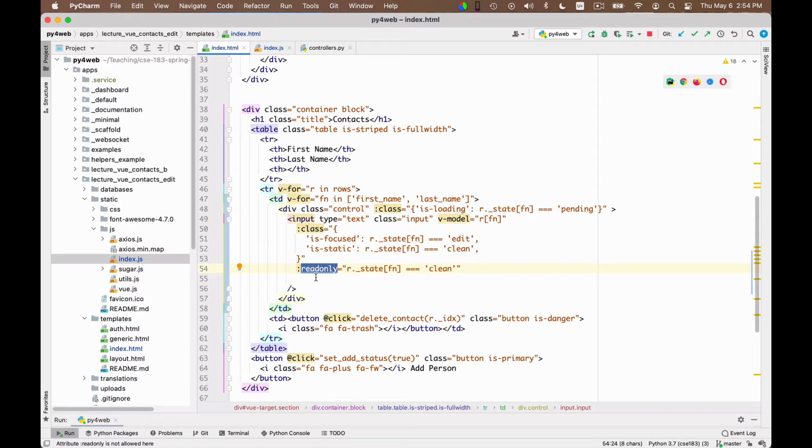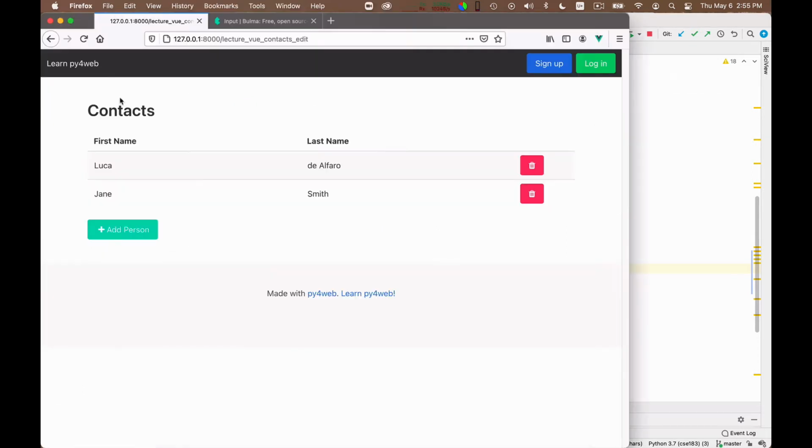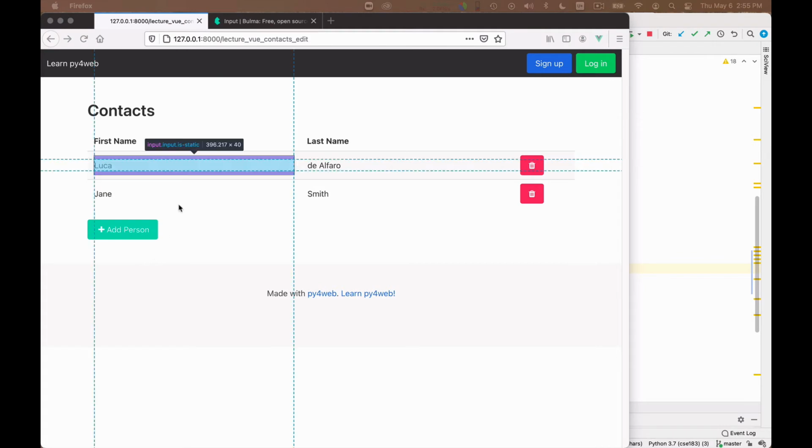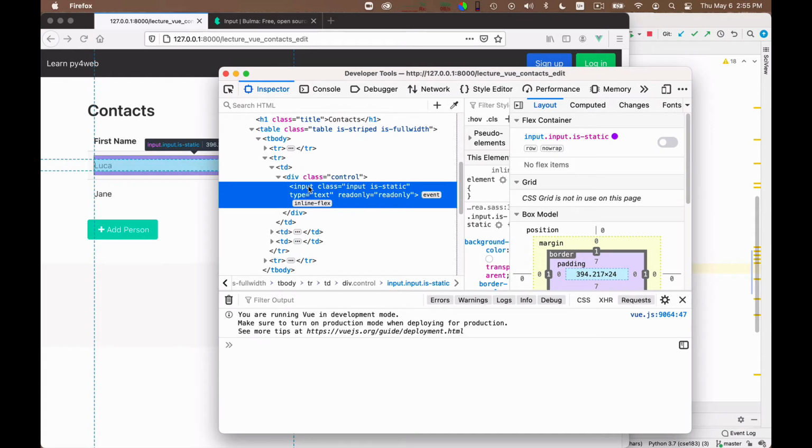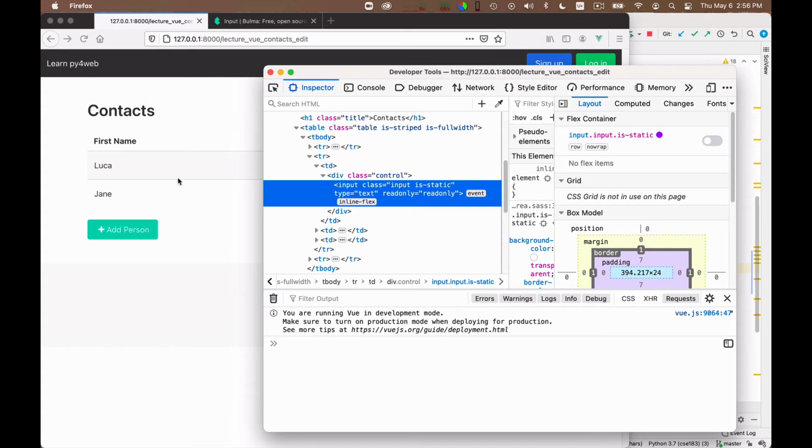So let's now see whether this actually works. We refresh the page. Miracle! It works! We see no difference. Well, actually we do, right? This looks like read-only. And how do we know that it works, by the way? I can do inspect element, inspect, and there. I can see that this actually is an input of class input is-static, so it's not just a piece of text, this Luca. It's incredible, right? How much complexity there is sometimes behind a small element on a web page. So there is input of class input is-static, yada yada.